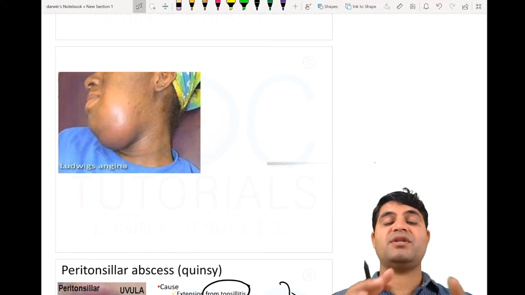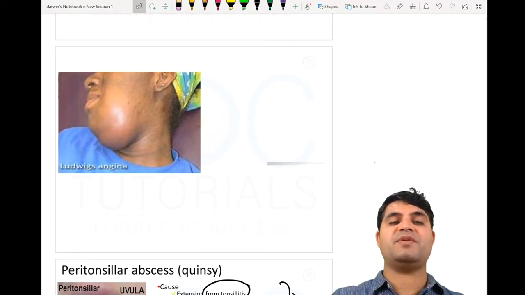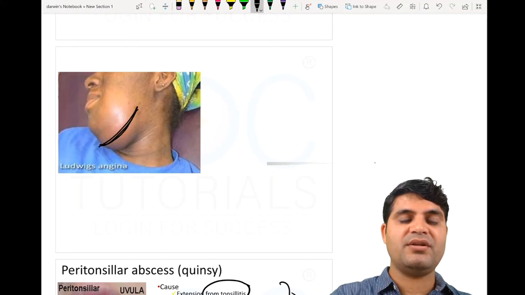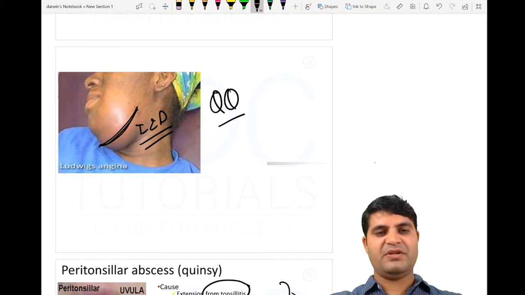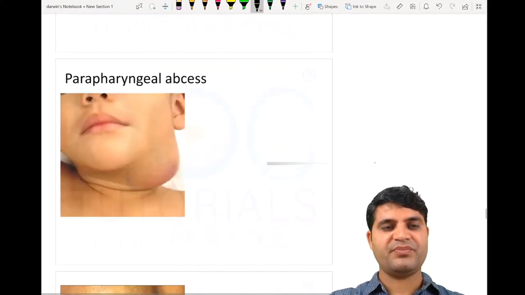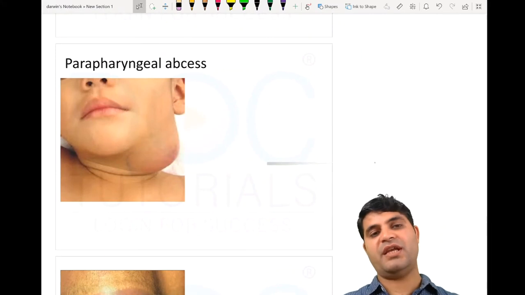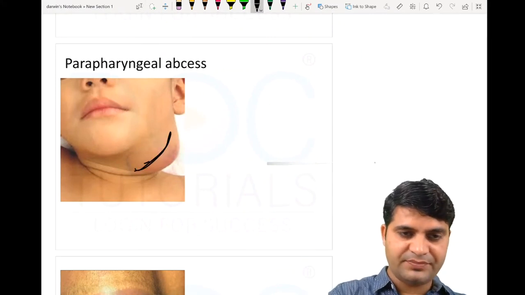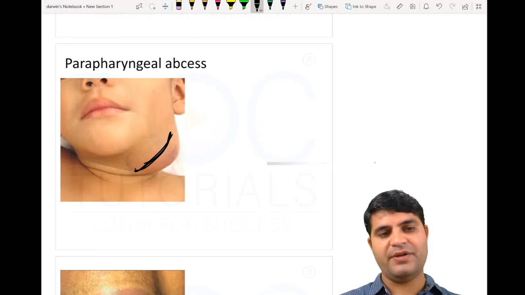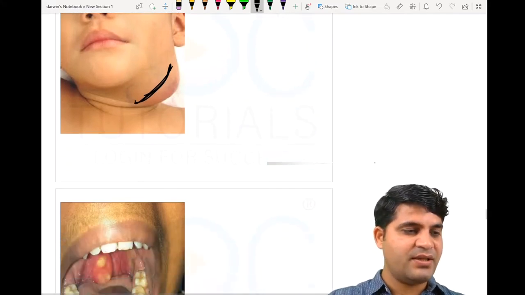So whenever the dictum is, whenever you have any abscess, just drain it. That means incision and drainage. Clear? So this is again important. And similarly, parapharyngeal abscess, you can see this huge parapharyngeal abscess. Again drain it. Clear? I and D. Whereas,